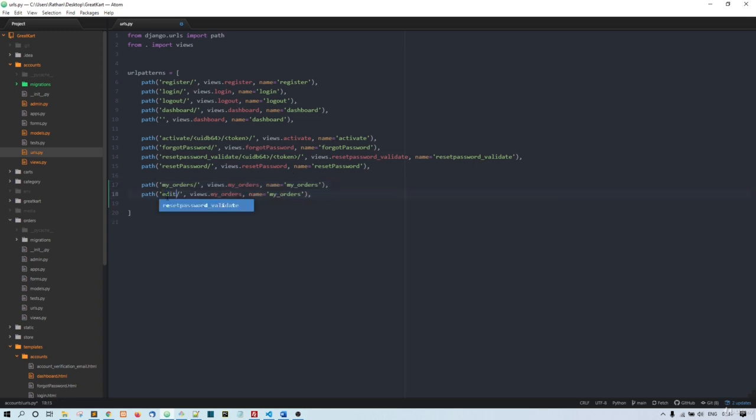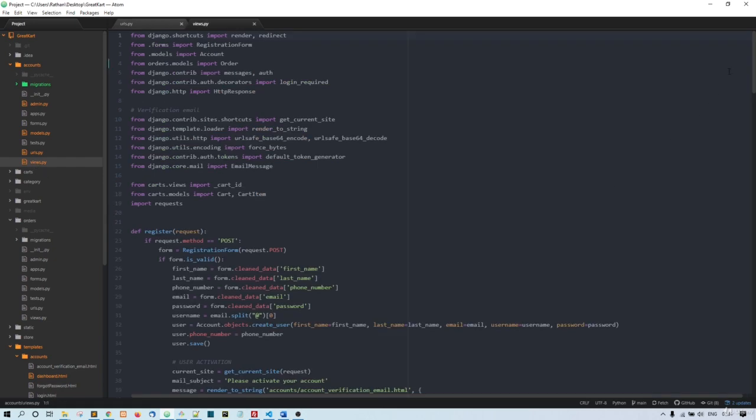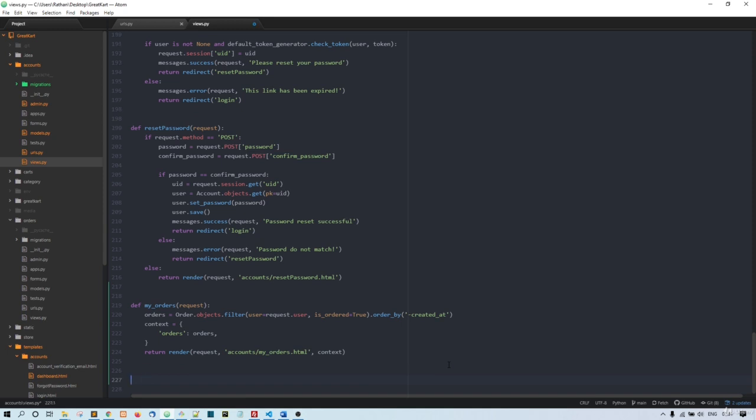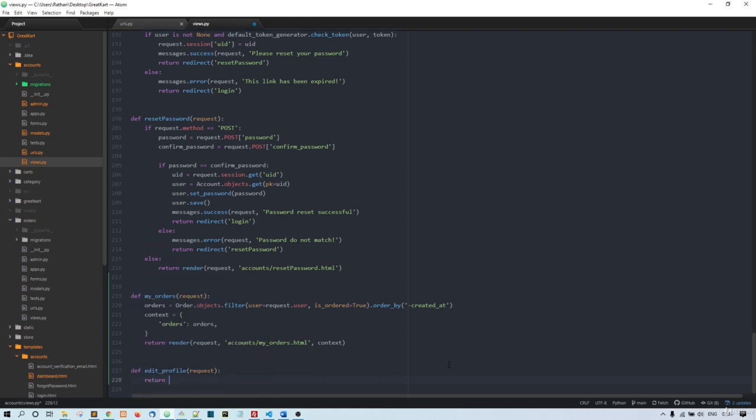I'll say edit underscore profile, copy and paste it here, and this is also edit profile. Okay, so the next thing we need to create is this view, right? So I'll go to views and scroll to the bottom, and I'll create a new view. Define edit profile with the request. Let's first render HTML, return render request comma accounts slash edit